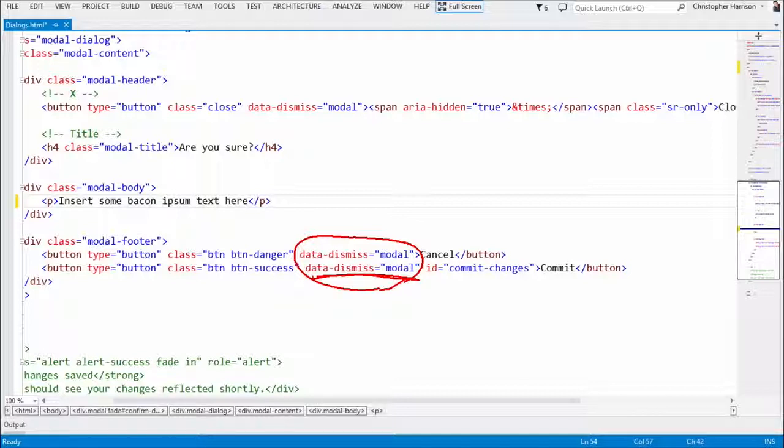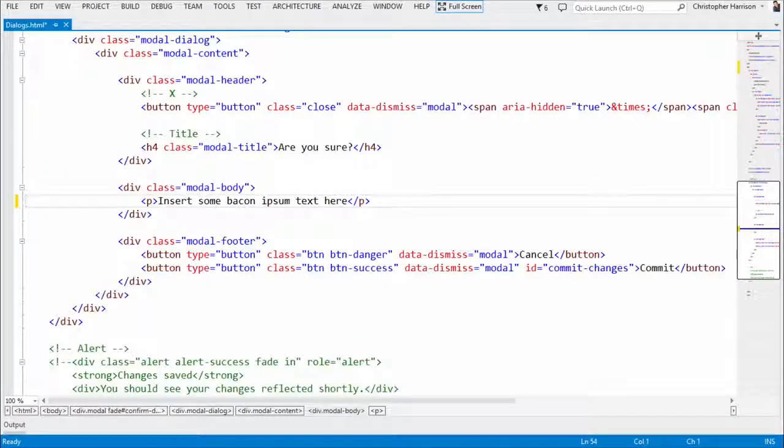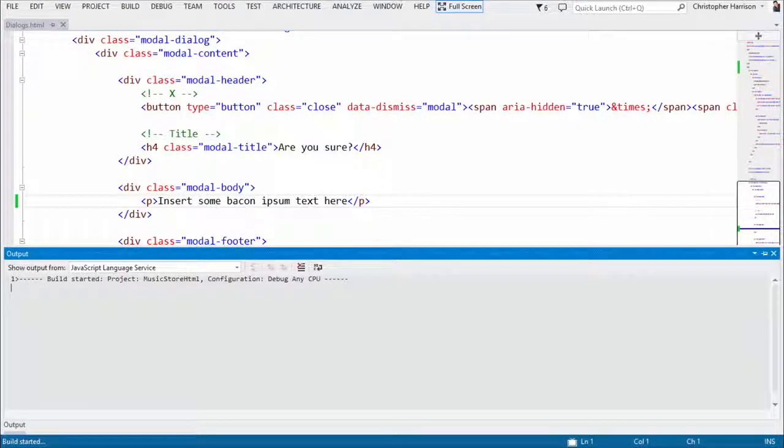With an SPA, what's going to happen is it's one page. So I need to show, hide, and otherwise. So even though you might be saving your changes with my little commit that I've got right here, even though you might be saving the changes, you're still going to want to make sure that your little screen closes. So you're just going to want to make sure of that, and that's where my data-dismiss modal comes into play. Okay, so now let me go in and do a little Control F5,